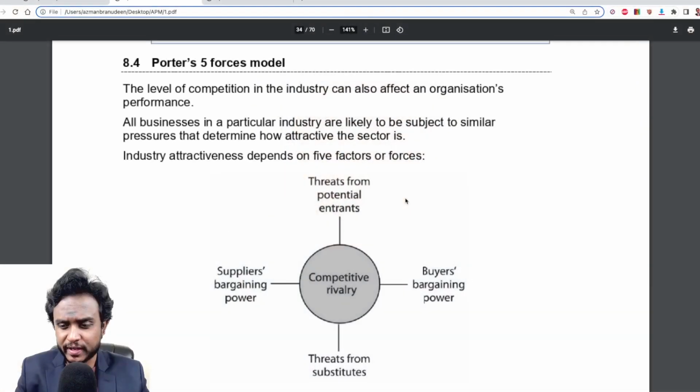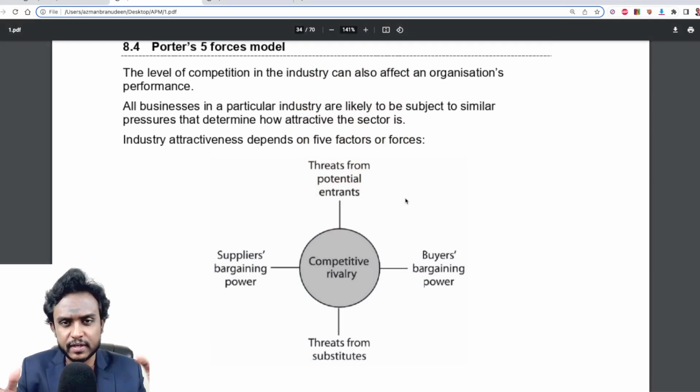Now we will be looking at another very important, in fact, one of my most favorite, if not the most favorite performance management tool. I think it's quite effective. It's Porter's five forces. So let's have a quick look. I'm sure you've encountered Porter's five forces in your studies, and this is essentially the five different